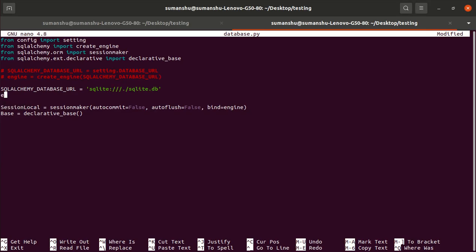Now we have to create an engine. Engine is equal to create_engine, and then we will pass the SQLAlchemy database URL. But here we have to pass one more argument, and I will tell you why we have to pass this argument.